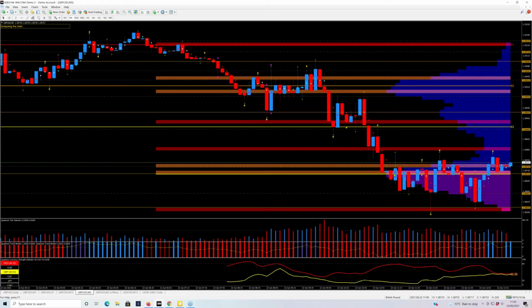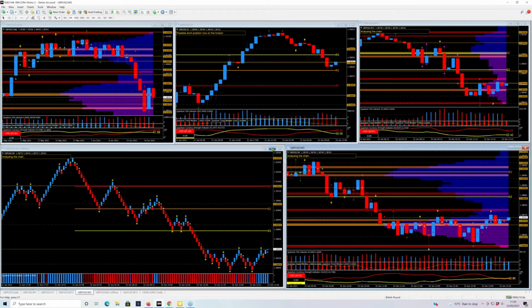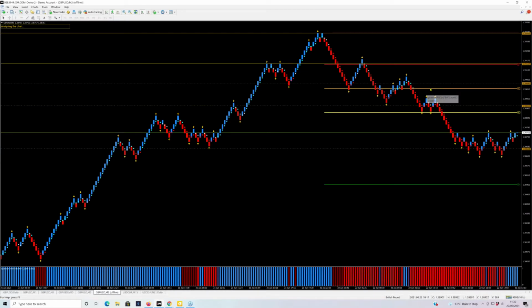Now, it didn't stop here because that's just moved down. It actually went back into congestion. And in fact, this is sort of the candle that came off. This is what we call volume support, based on the volume point of control. But you can see it's actually all quite messy. But if you look at it in terms of what you saw on the Renko, this was the pull away. This is where the VPOC was. Then it got to the S3. You saw all that messiness that we had around it.